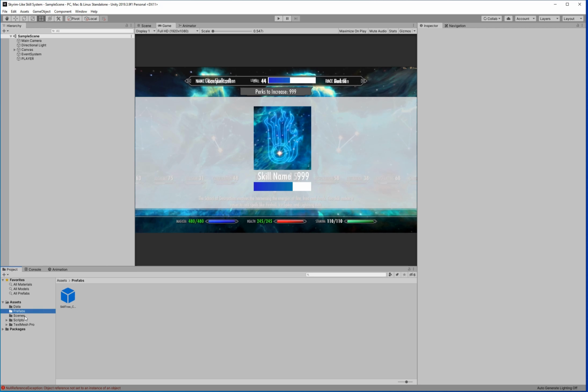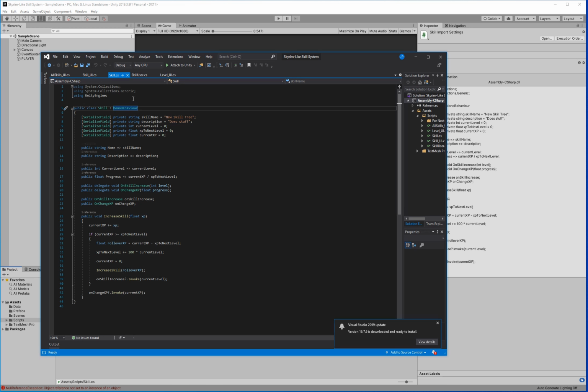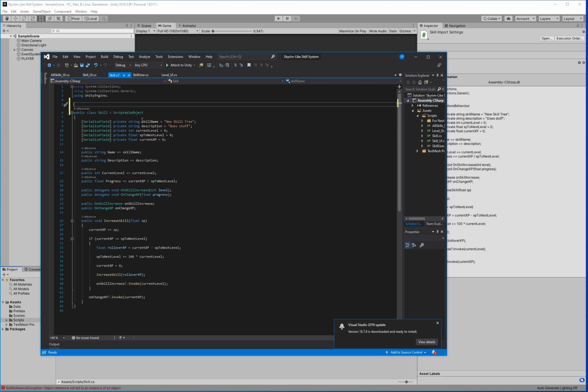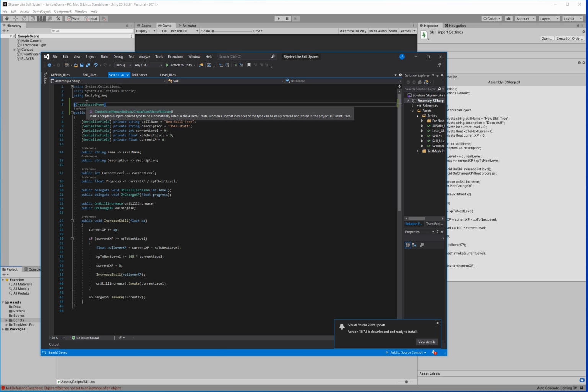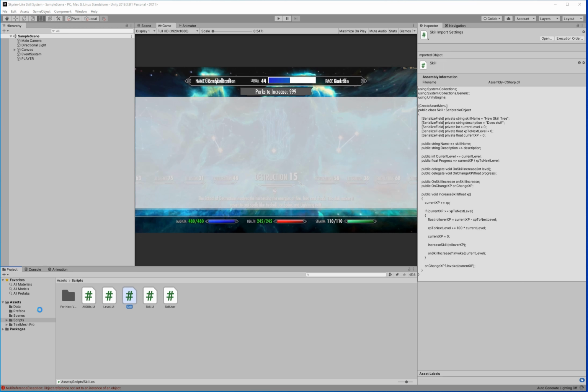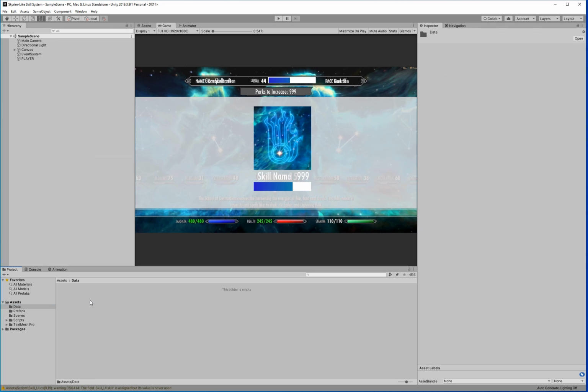Actually, I should mention, this is a huge discrepancy here. I should mention that skill is supposed to be a scriptable object. So we make skill inherit from a scriptable object, and then we're going to give this the create asset menu attribute, and that create asset menu attribute is going to allow us to go in and right click and then create a new skill. Okay, so I'm going into my data folder here. I'm going to create a new skill,